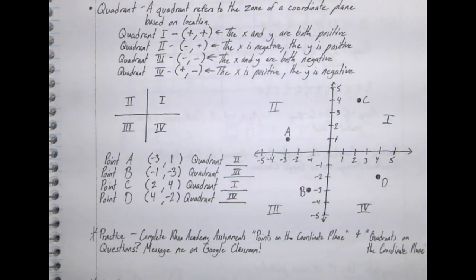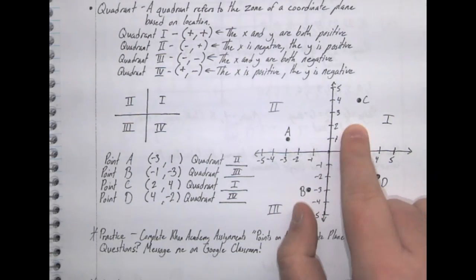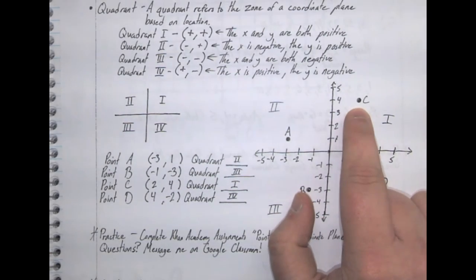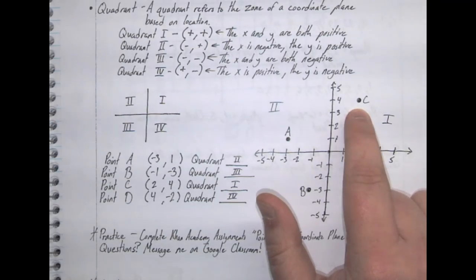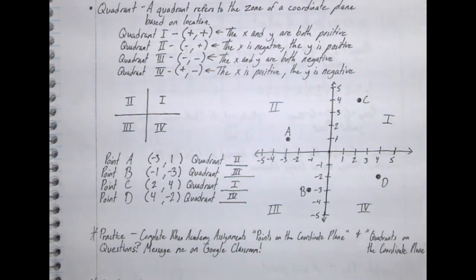Point C, over 2, up 4. That puts us, with both numbers positive, in quadrant 1. Something you guys are probably most familiar with, quadrant 1. And then quadrant 4. We're still moving to the right on our x-axis, so we move over 4 places, but we're going down 2 because of -2. So that positive then a negative puts us in quadrant 4. So we're going to look at a few